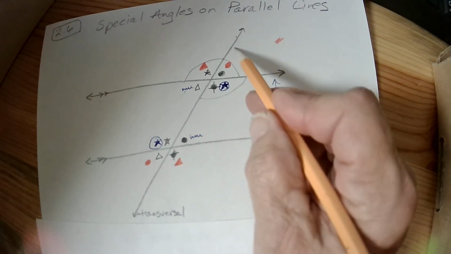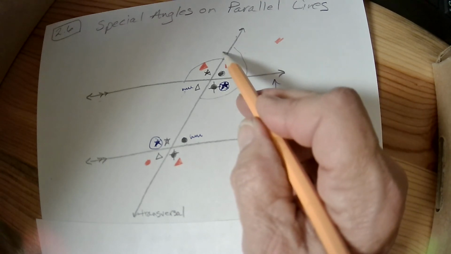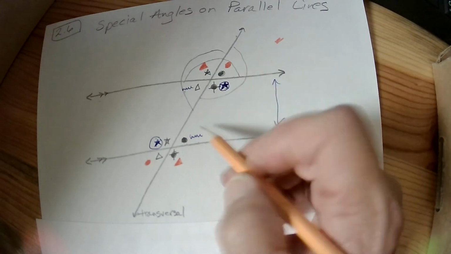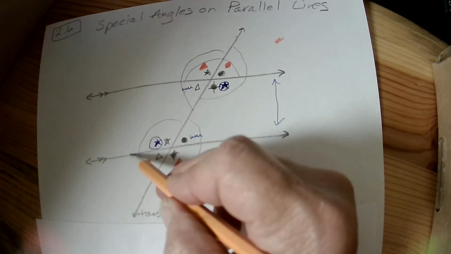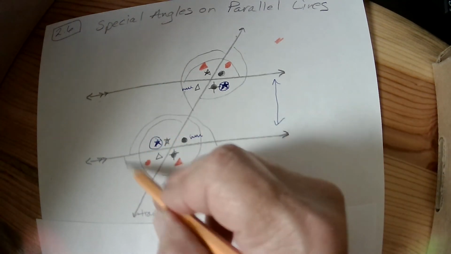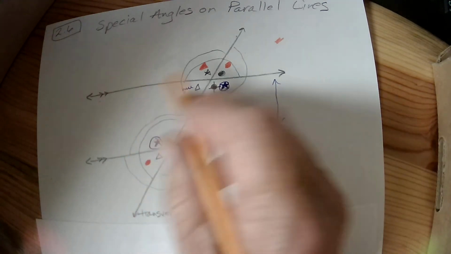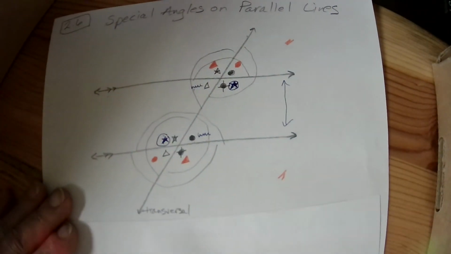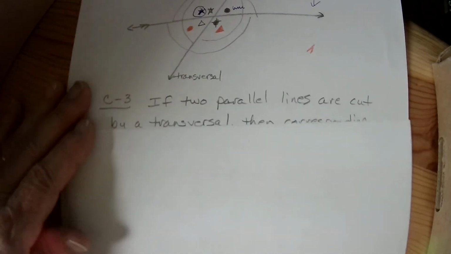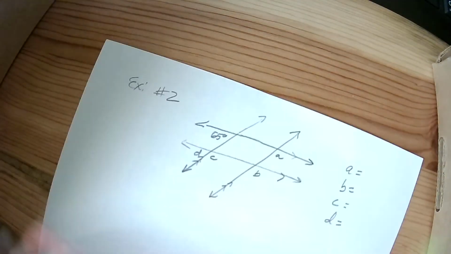This is also a linear pair. So is this one. So is these two. And these two. And these two. So there's all kinds of relationships going on with these parallel lines. It's going to be super helpful when we do some of our problems,